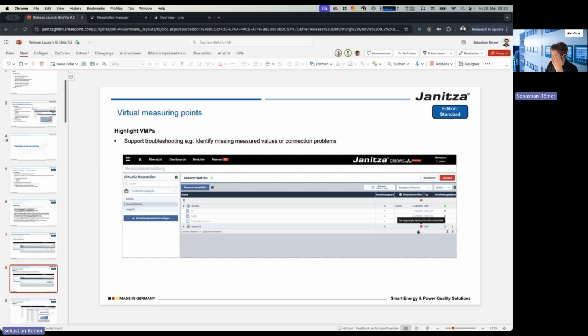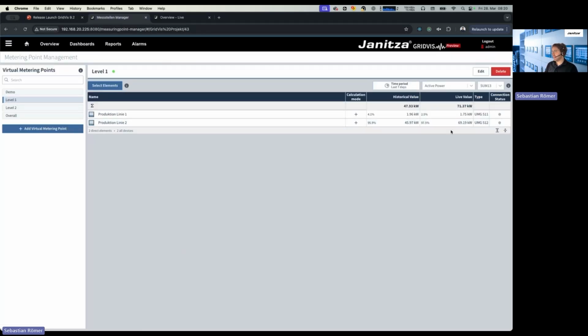So in the past, it was very hard to find the reason why something is missing in your virtual devices or why no value is coming out of it. Now you will find the reason right here in this table with the error message. If there is no live value, if you don't have a connection to the device, if there is no historical value, you can use this interface for selecting time periods and finding the time period where something is wrong or something is missing,